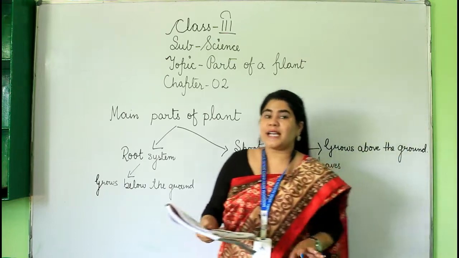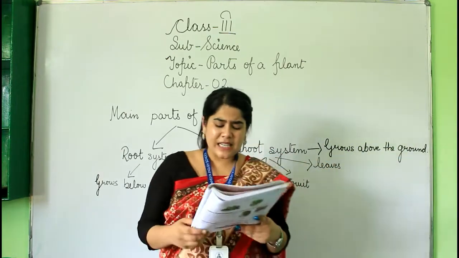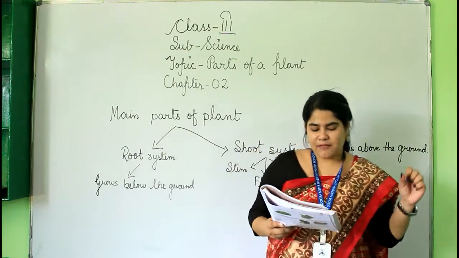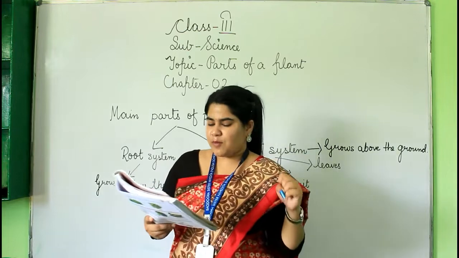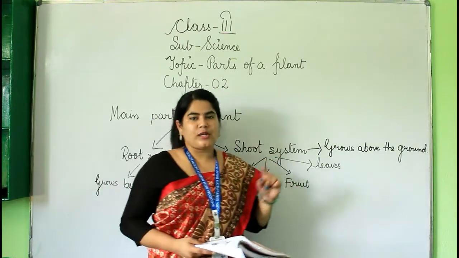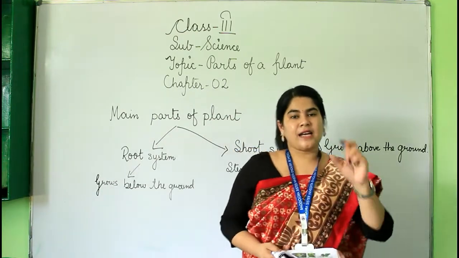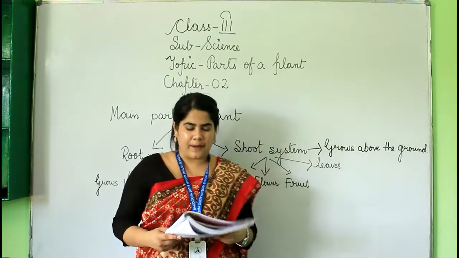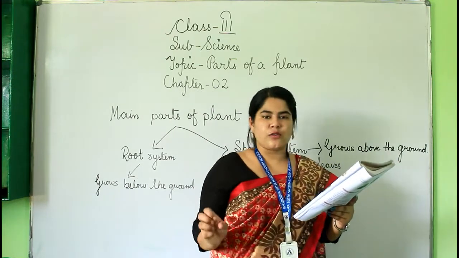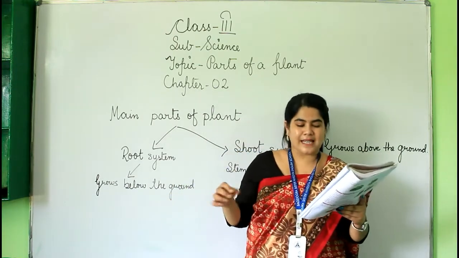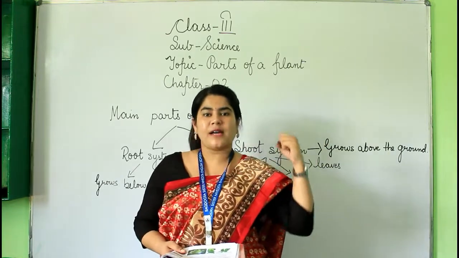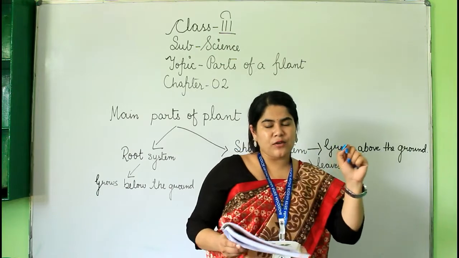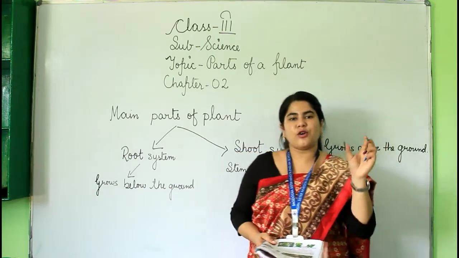Now let's move on to the leaf. Leaves are of different shapes and sizes. Green leaves are the food making factory of a plant. Here are some important functions of the leaf. As I told you, plants prepare their own food and leaves are the main source of making food. Green leaves contain a substance that helps to absorb light, and that substance is called chlorophyll. Everyone underline the word chlorophyll and say with me, chlorophyll.